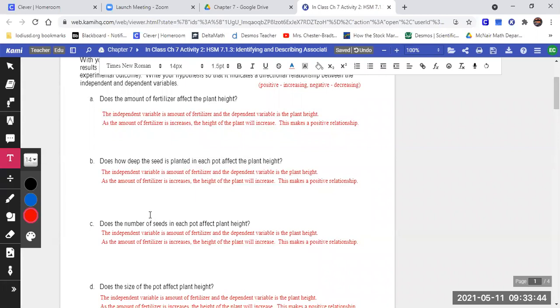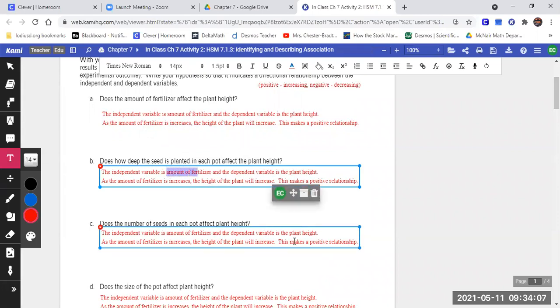We always start with defining the independent and dependent variables. Now this says how deep the seed is planted in each pot affects the plant height. So which one of those two are we controlling? So we have to call it the independent variable. Which one of the two situations